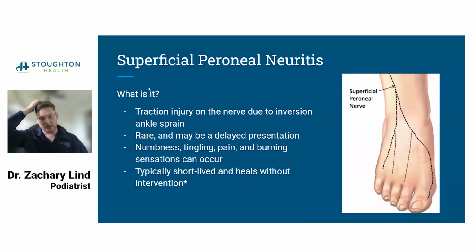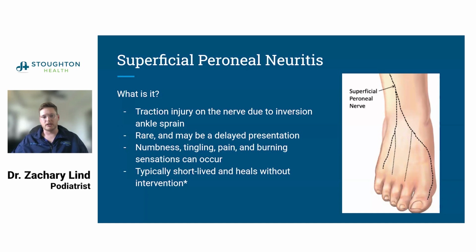Superficial peroneal neuritis. This is sort of a traction injury that can happen due to that inversion again with the foot, and that natural inversion injury puts tension on this peroneal nerve. There are variations to this nerve, so while this is the most common variation, sometimes it does start behind the fibula and come out further over on the side. So although this is rare, it is a complication that I've seen in training, and can definitely be a delayed